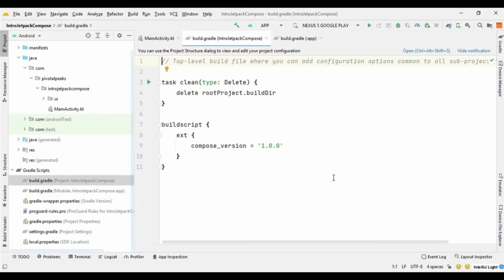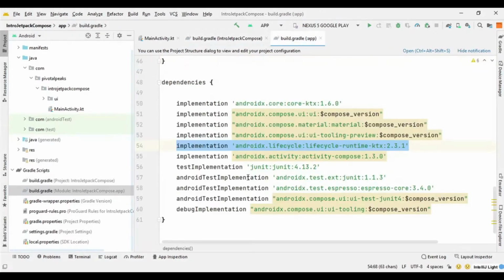Right now we don't have much in this top level build file because we don't need one, because we are building very simple apps or components in this course. So right now we only have this compose version 1.0.1,